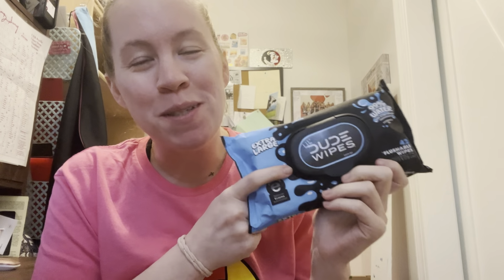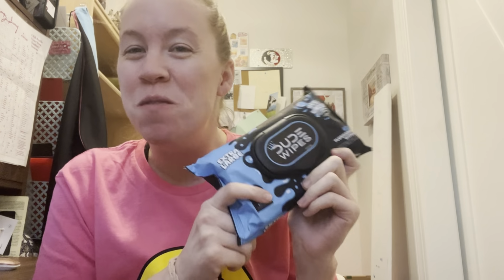Hey guys, let me tell you about these little dude wipes that I just got in the mail. So first off, these are extra large, and I'm going to show you the difference between just some other wipes and these wipes so you can see what those look like. First off, I love these because they are 99% water, so there's not a lot of chemicals in them,